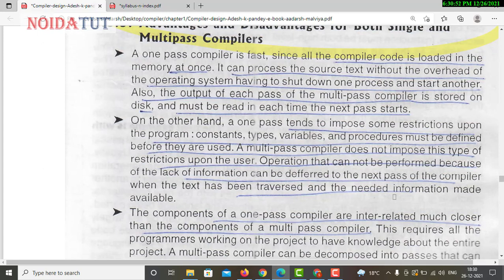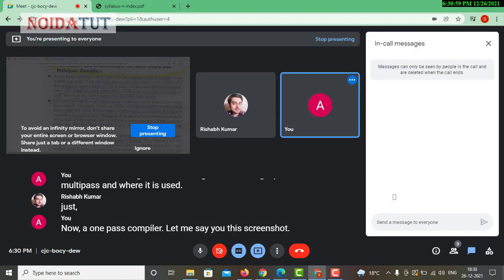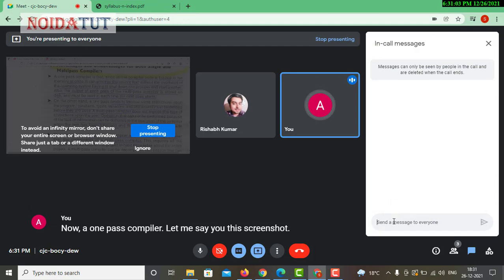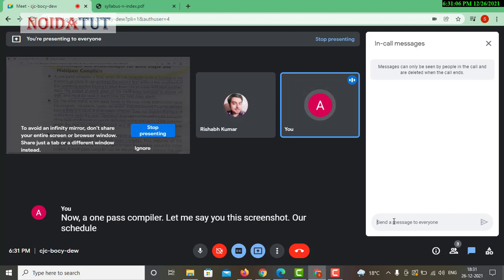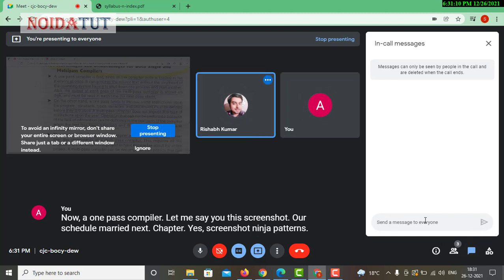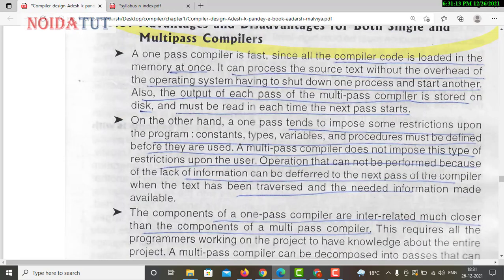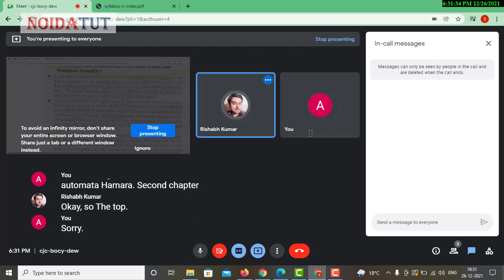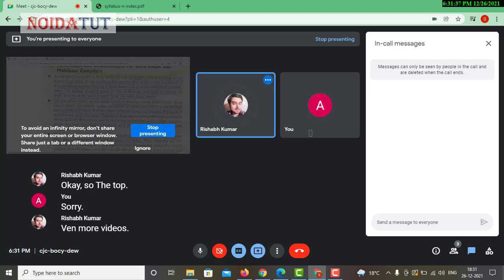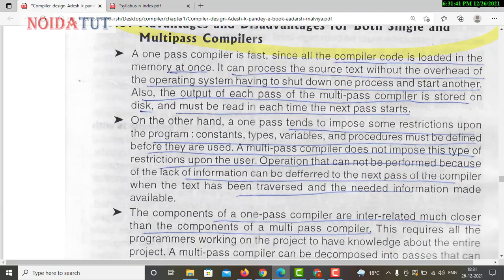यस सर. Now a one pass compiler. Let me share you the screenshot. और इसके जो हमारे नेक्स्ट वाले चैप्टर्स में ये स्क्रीनशॉट नहीं जा पाता है इसमें, यस सर, नहीं जा पाता सर। समझ रहे हैं? अच्छा हाँ, कोई नहीं, आप देख पा रहे हैं ना, यू कैन सी द स्क्रीन। यस सर। और मैं आपको बताता हूँ इसके बाद जो हमारा चैप्टर्स है, मतलब सेकंड चैप्टर से हमारा डिटर्मिनिस्टिक फाइनाइट ऑटोमेटा है हमारा सेकंड चैप्टर में। ओके सर, तो पढ़ के आना पड़ेगा पहले। सॉरी, वो पढ़ के टैफल पढ़ना पड़ेगा ना पहले, TAFL। हाँ कोई नहीं, डोंट वरी, ठीक है। तो वो चीज़ है, तो हम लोग आगे फर्दर प्रोसीड करते हैं।